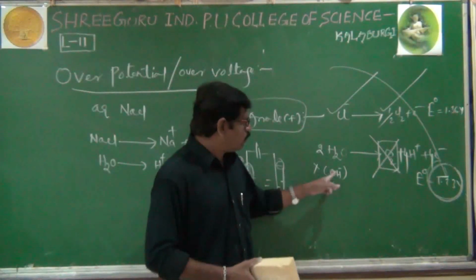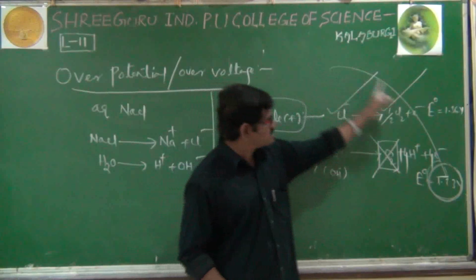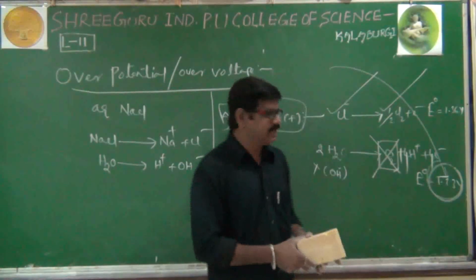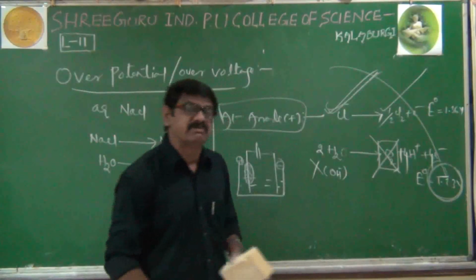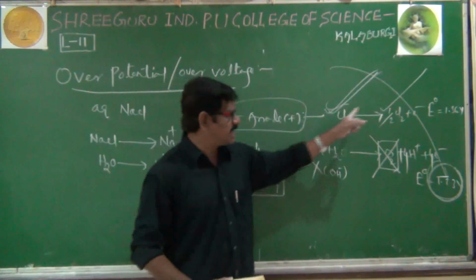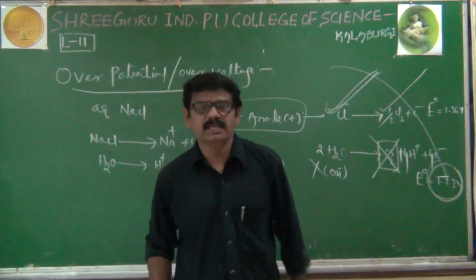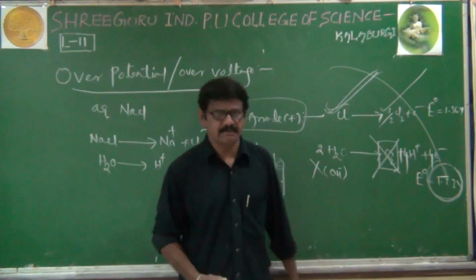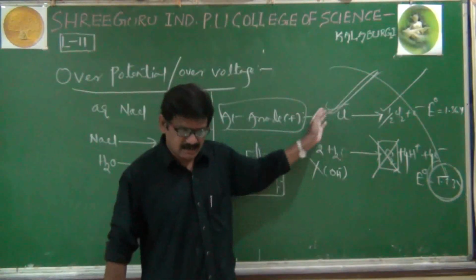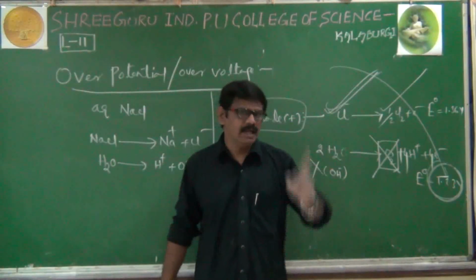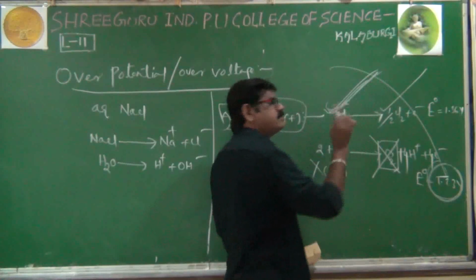That's why for OH minus oxidation, further oxidation, extra potential is required. That's why instead of OH minus ion, Cl minus ion is preferring. Cl minus ion is undergoing oxidation. That's why at anode, chlorine gas is liberating. And of course, in the last class we have written the discharging potential order. Based on that order also, Cl minus ion only will be preferred.